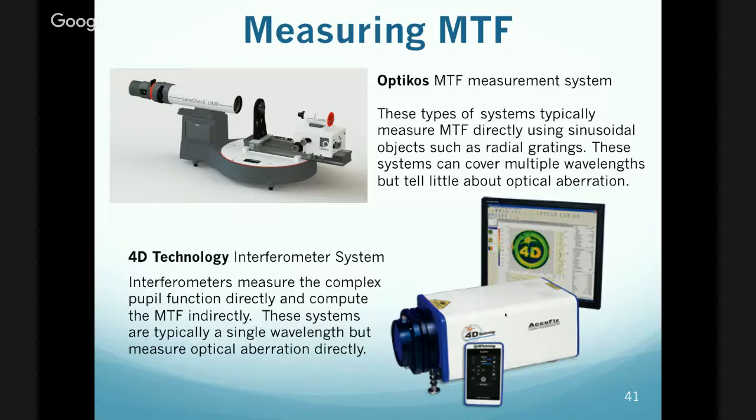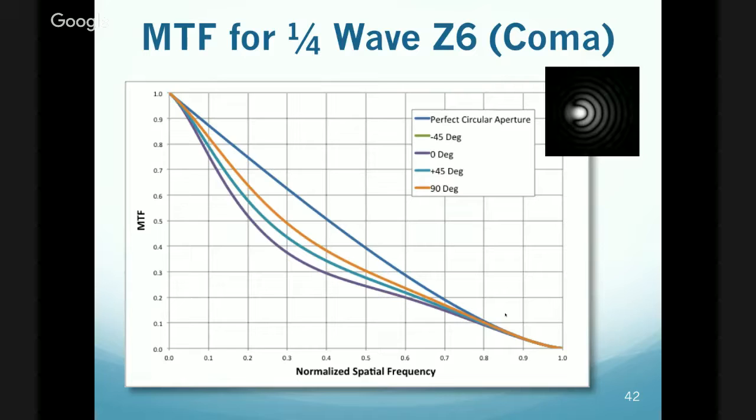And just finally, for fun, we're just about out of time. For fun, here's what a quarter wave of the 6 Zernike looks like. I'm probably opening a can of worms by mentioning Zernikes, but Zernikes are just polynomials that represent optical aberrations that minimize the RMS wavefront error for each of the terms. And so the Zernike term that includes coma also includes focus and tilt. So it incorporates a bunch of aberrations, but I just thought I'd throw it in there